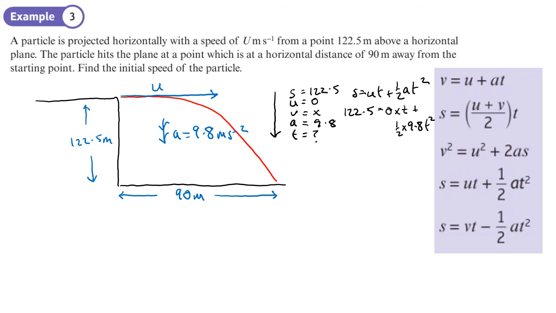If we work that out, we'll get 122.5 equals 4.9 t squared. So divide by 4.9, find a positive square root. So 122.5 divided by 4.9, square root that, and I get